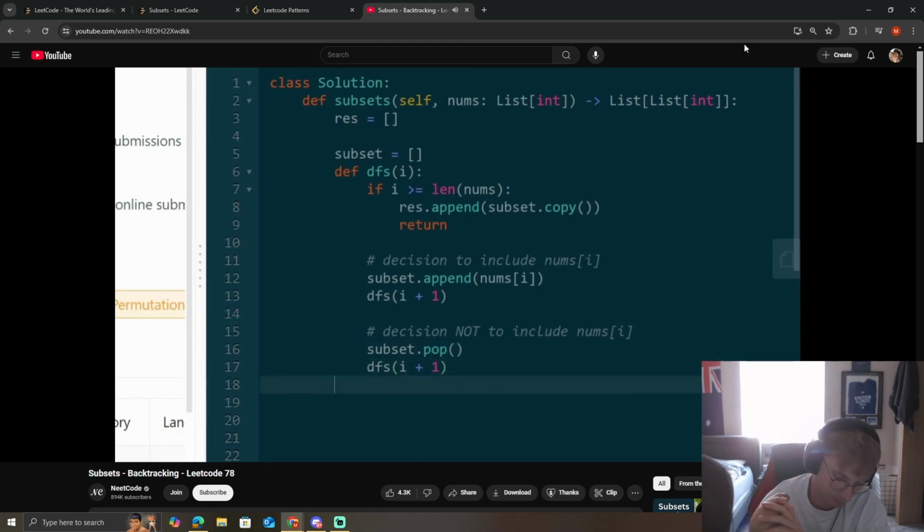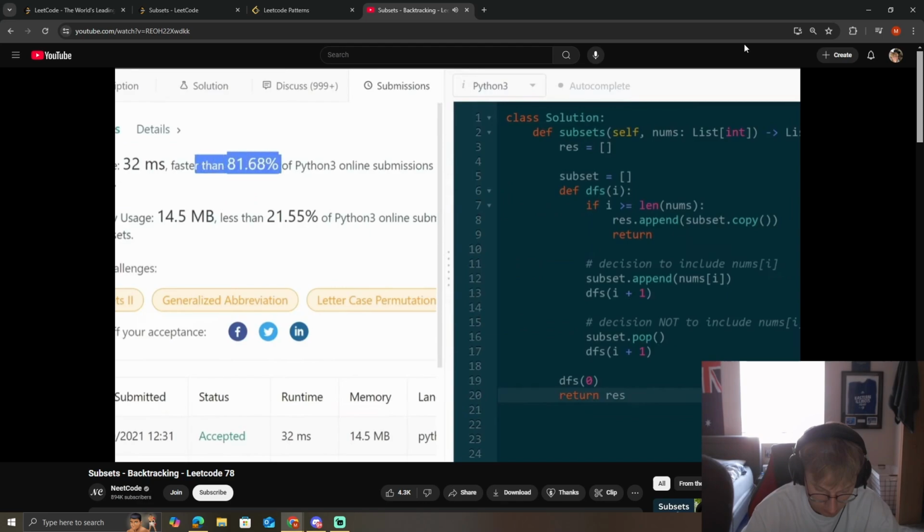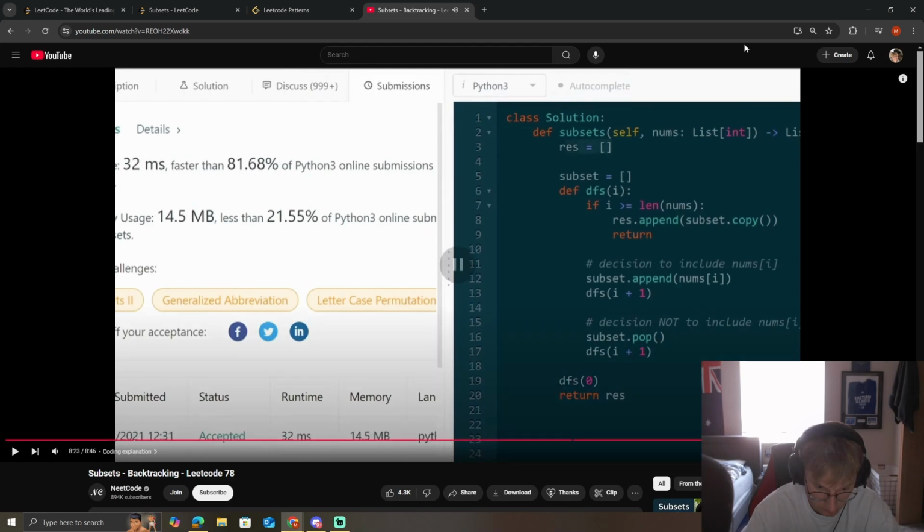So now the only thing left for us to do is call our function. Of course, we're going to pass an index 0. That's the first value. And then we can return our result. So as you can see, it is an efficient solution. Luckily for us, the order that we have